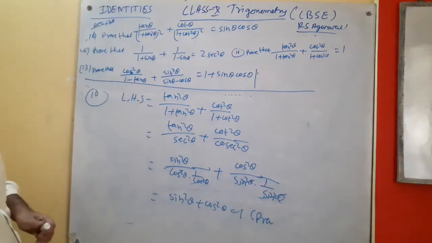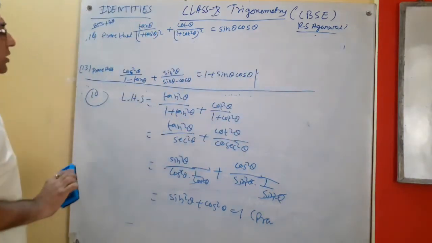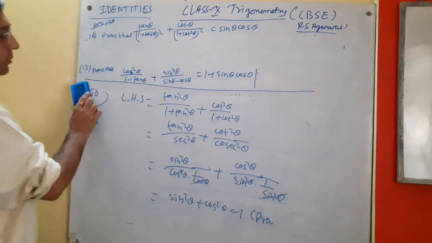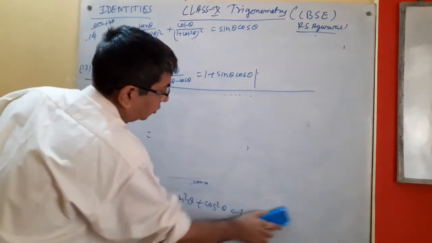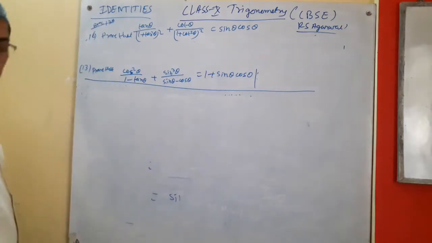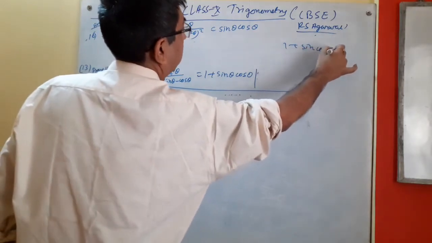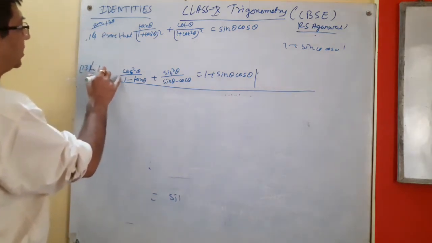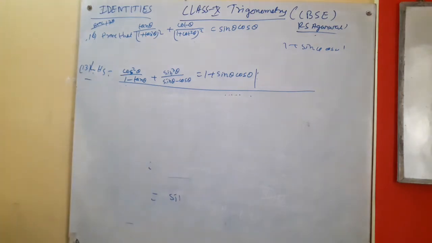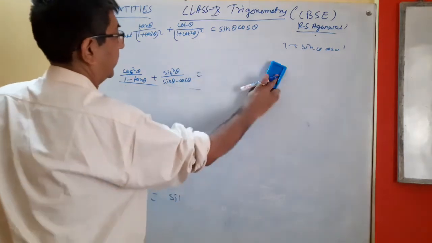So we have done question number 6, question number 10 we have already done. Now we come to question number 13. Look, it's a big one, so it will take some space. We have to prove this one: 1 plus sin theta cos theta, here I am writing. So we are making it LHS, left hand side. How to do this one is really a typical type of sum, right?